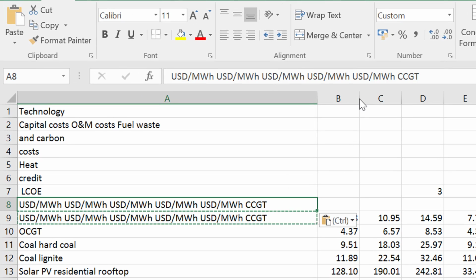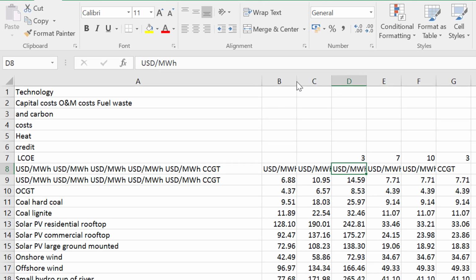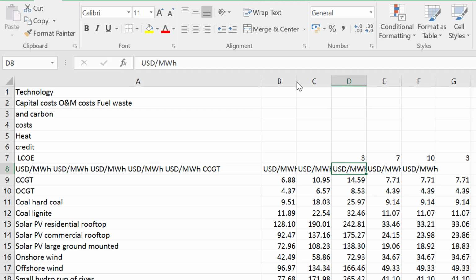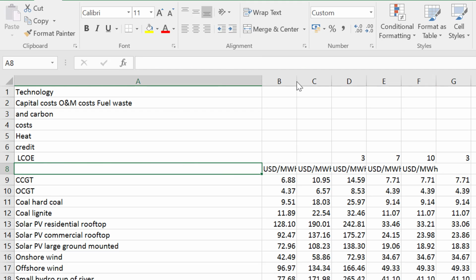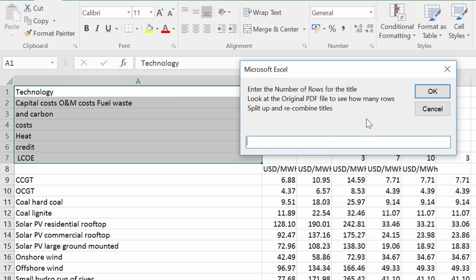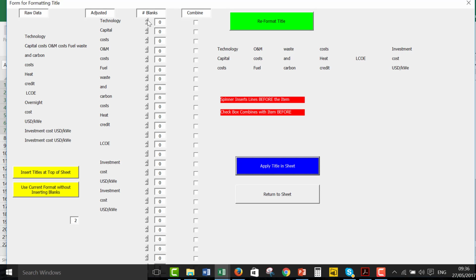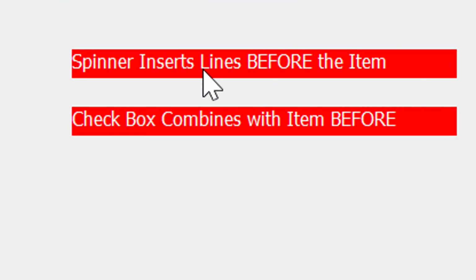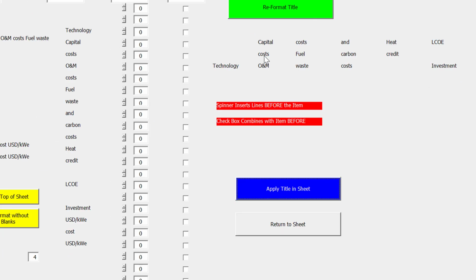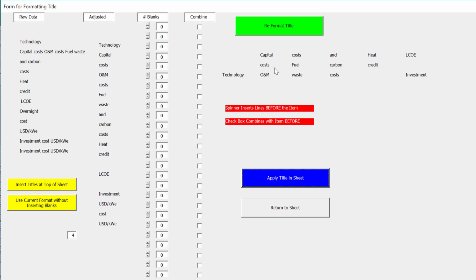Now what you could do is copy this, and then you press Shift Control U, and that's one of the most important little macros you can almost do. That one just says if you've got a space, put it in a separate column, and that really helps. And now we can select this, Shift Control T, we'll put 3 rows again, we'll insert the lines before, the spinner box inserts the lines before, and then we have the technology, the capital costs,